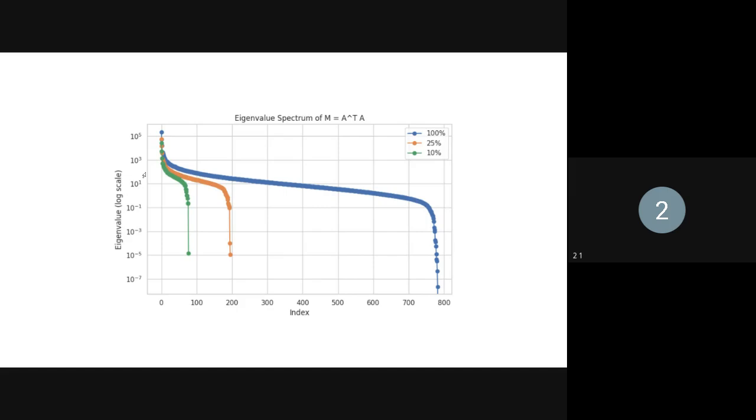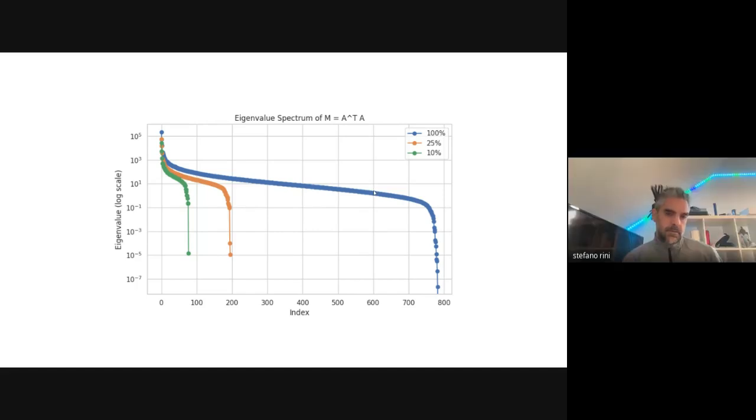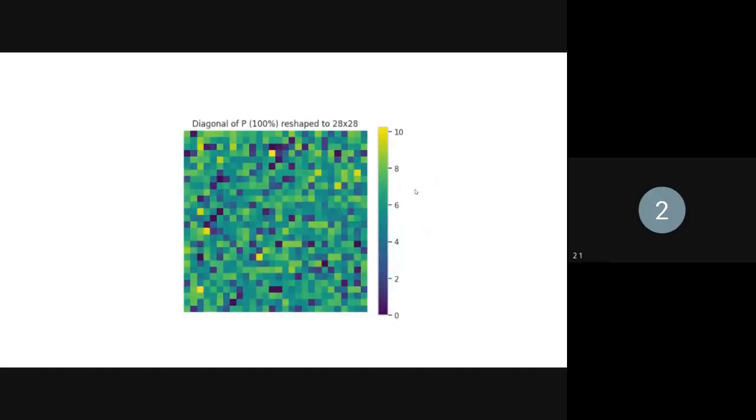And the spectrum also explains why the computation of P and the corresponding vector R is more sensitive in the 100% case. Very good. And the last one is the